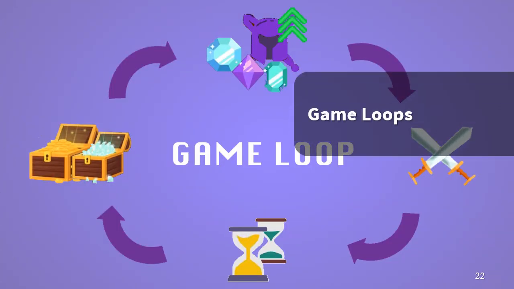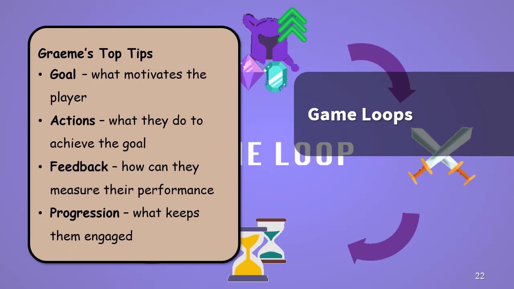Next up is game loops. So game loops are obviously super important. There are a few key components that you want to make sure you include in your game loops. The first up would be the goal. So this is the thing that motivates the player. It's what compels them to take action, whether it's rescuing the princess, solving some puzzle, or achieving a new high score. This is the thing that's going to give the player that sense of purpose and direction as they play through the